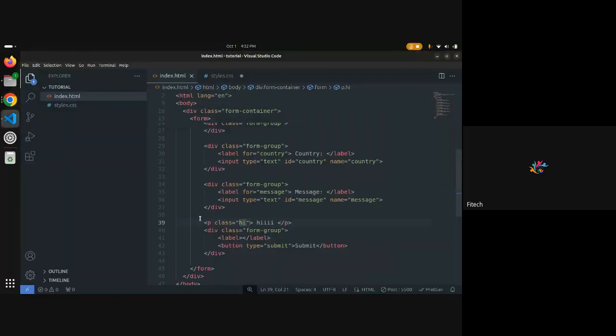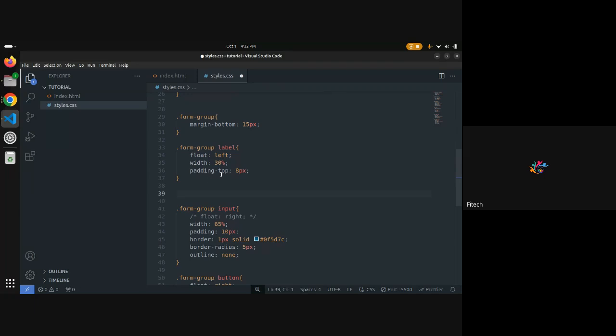We don't even need to add a class since we are not going to specify the class. I'll just come here and style our p tag to have